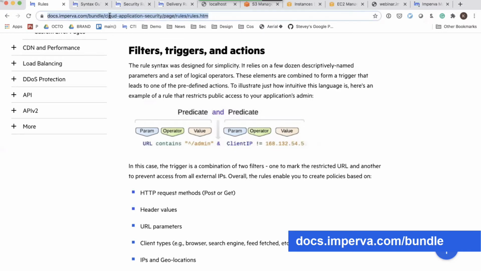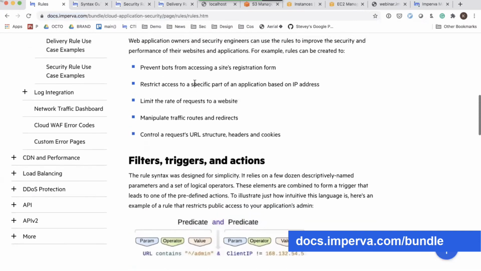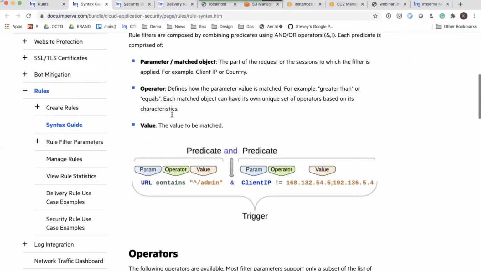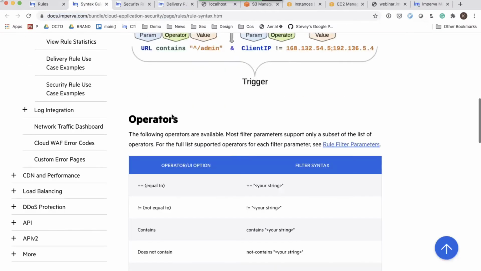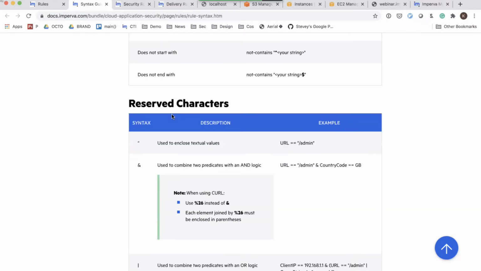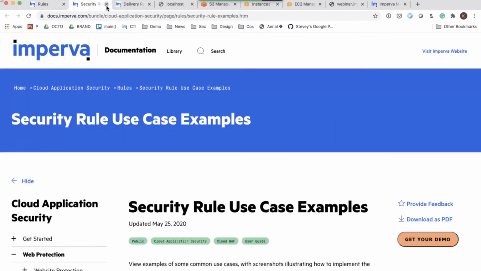One thing I'll do right now, though, just to make this pretty interactive, I'll go ahead into the chat, and I'm just going to go in here. So for those that want to follow along with documentation, feel free to jump in here. This is the high-level story around rules. There's a pretty robust syntax guide in terms of how rules work. And again, this zooms into the story around predicates. There's lots of different operators. There's lots of caveats for building rules. We're going to walk through a lot of this stuff today. So I'm going to close this tab over here.